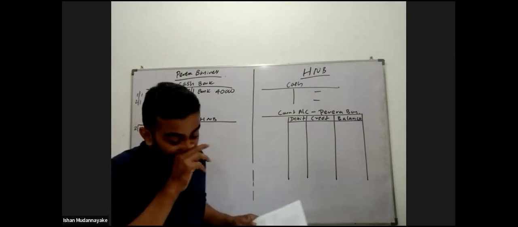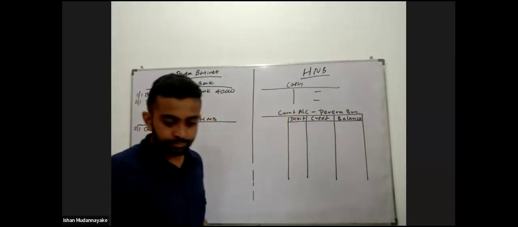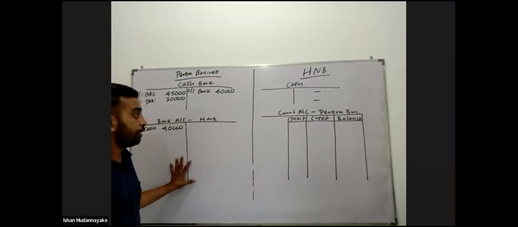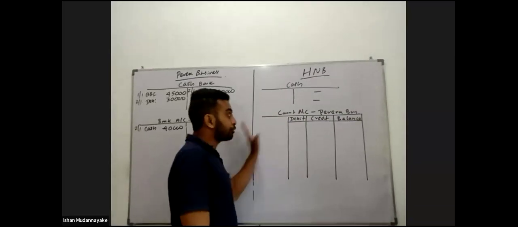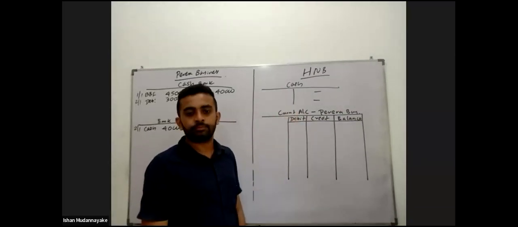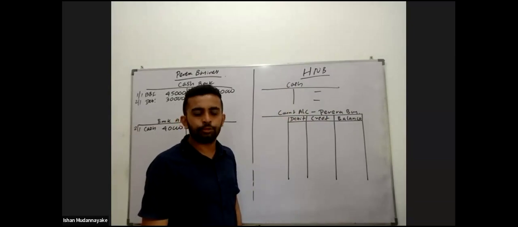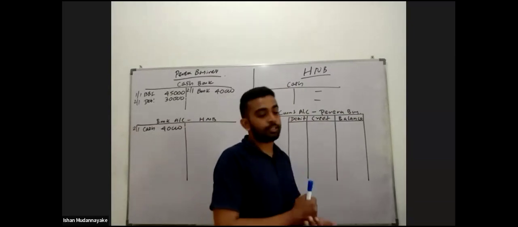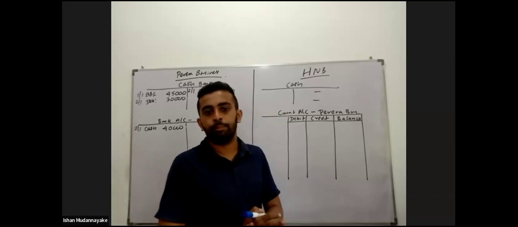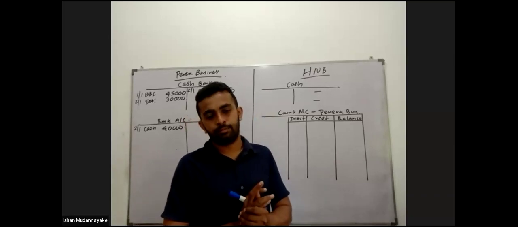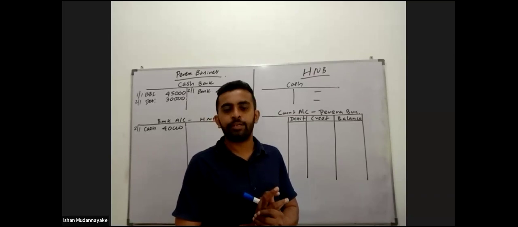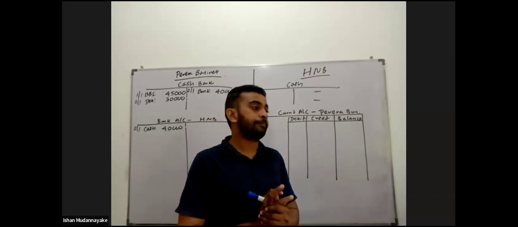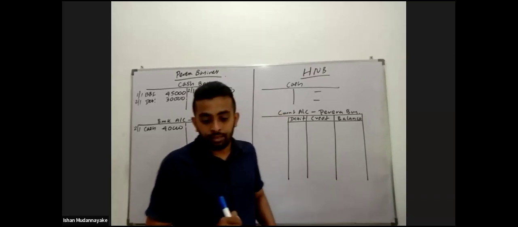Now after passing this double entry, you need to go to the HNB bank. After going to the HNB bank, Pereira opened the current account. Now here